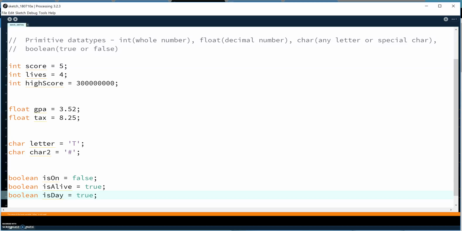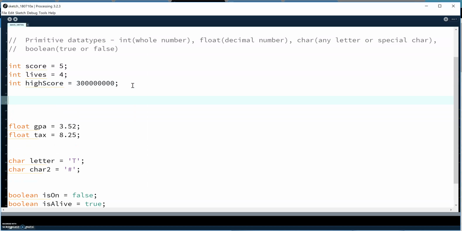Alright guys, I'm going to pick up where I just left off with the last video where I was talking about variables. These are primitive data type variables here, okay? So I'm going to show you a few things that you can do with these variables. Here's what I'm going to do. I'm going to go back up to where we have our integers and I'm going to do some integer math,